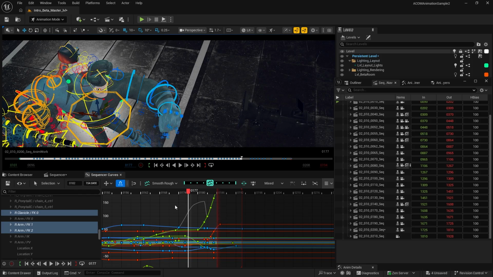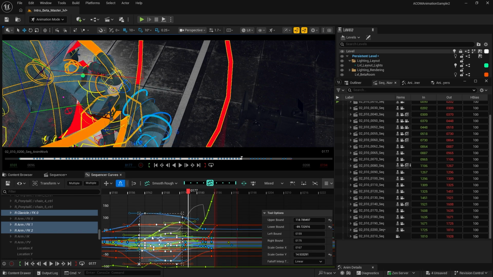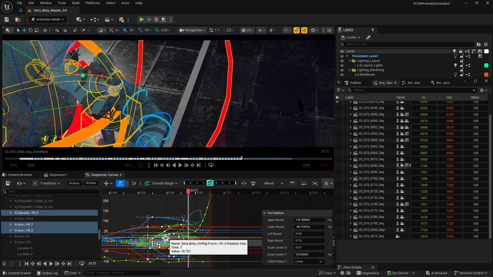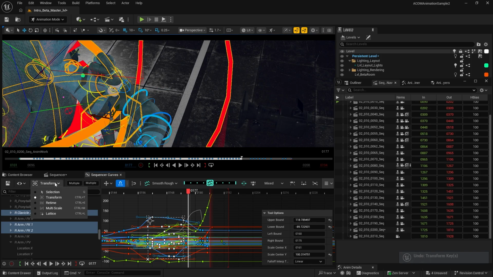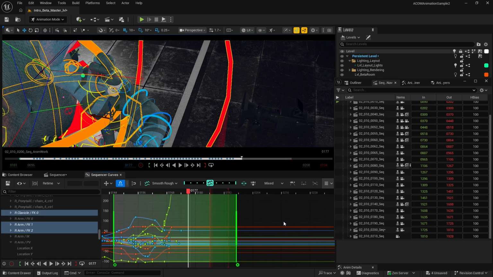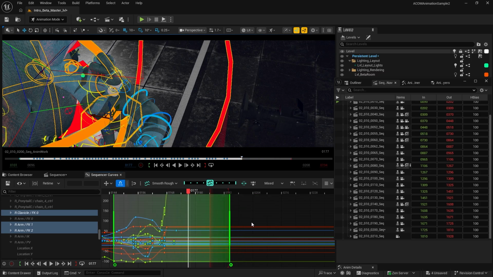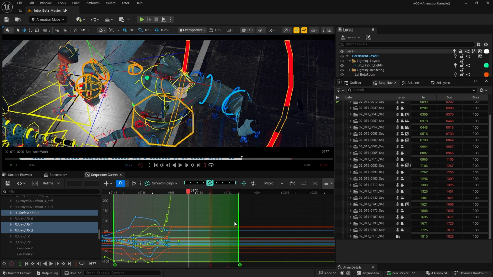Additionally, you can also take a look at these tools. Transform allows you to move the curves in bigger motions like this. It's basically a scale box. You can also change the pivot point of it. I undo it. You can retime it. Again, the whole animation curve shape stays the same, but the retiming changes the duration that this action is going to take.